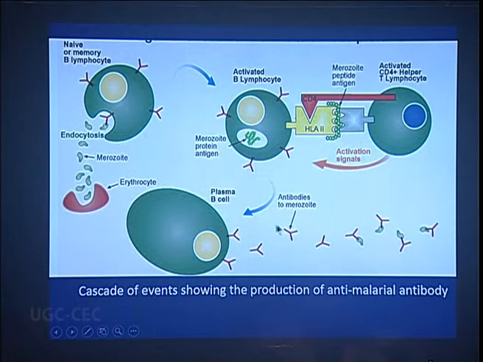And ultimately, when this particular B cell has this merozoite, it will remain there for some time, but not for a long time. It will have to come out in blood and invade another RBC and feed on them. Ultimately, they have to go to the RBC. Only temporarily they can remain in the WBC, and when they are inside the WBC, you can detect them by